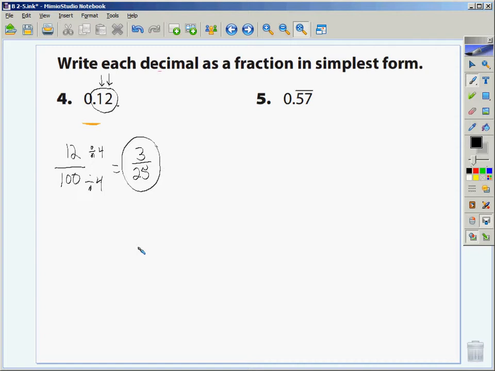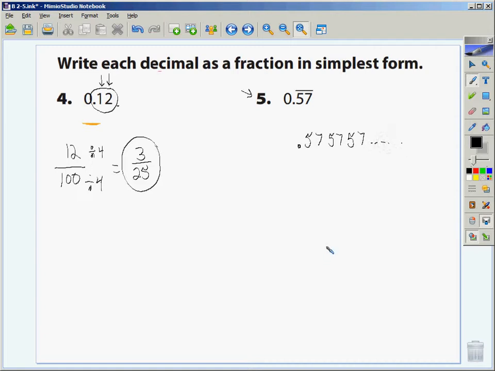This, too, should also be a review. You should remember how to do this. This one you may have not done before. Has anybody changed a repeating decimal into a fraction? You have? What do you think this would be? I don't remember because I haven't done it so long, but I have done it before. Okay. What's important to recognize is when you're talking about 0.57 repeating, that it literally would keep on going like